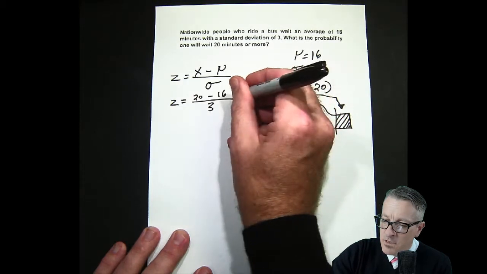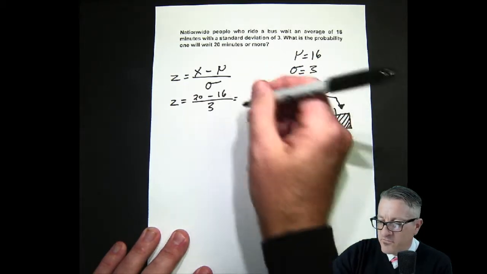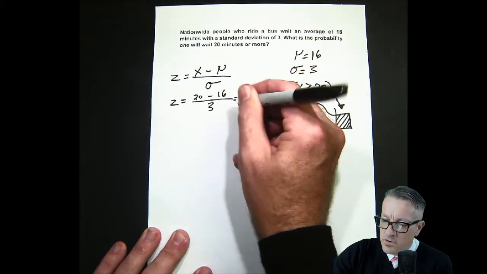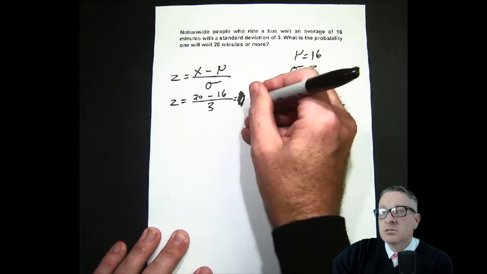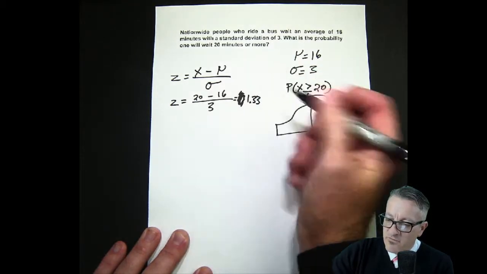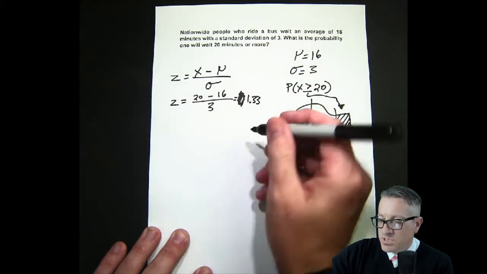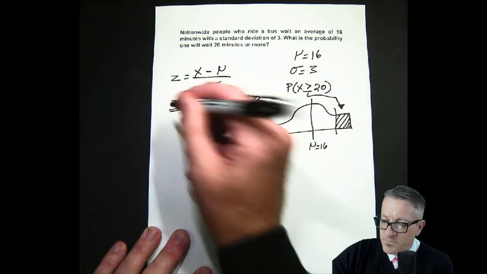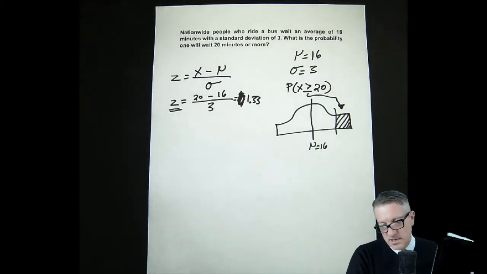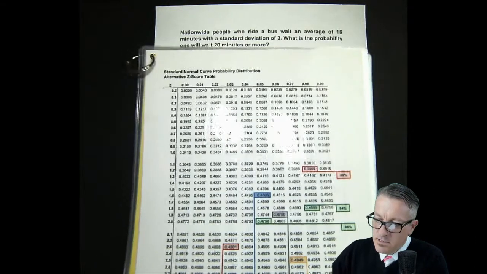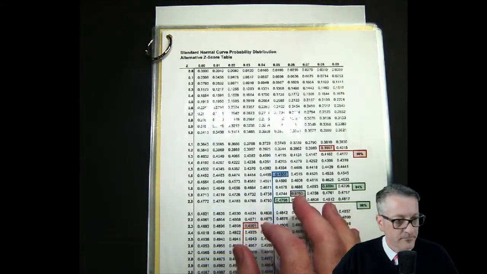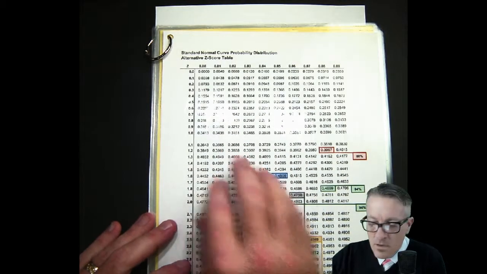And when we solve this, we end up with, I believe it's negative, oh no, not in this one. Next one. This is 1.33. Yeah, it's not negative. When we go on the other side, we end up with a negative value. So it's 1.33. So this is only our z value. So we need to go look this up on the table. We get out our handy dandy z table. A little bit of reflection from the lamination. But we're looking for